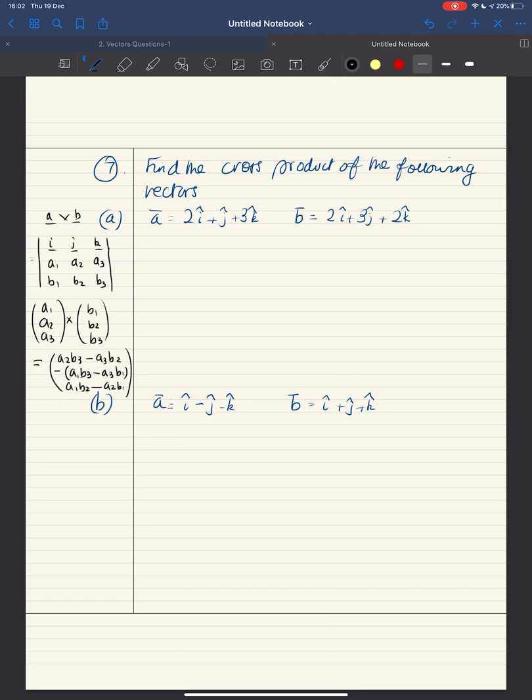Okay, so I'll set it out. I'll do it both ways, and then you can see that they both work, and you can take your pick which way you like. I think this way is the more traditional way. Let's do this with straight lines. So we can say the cross product